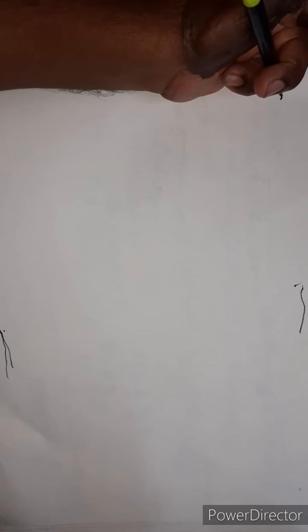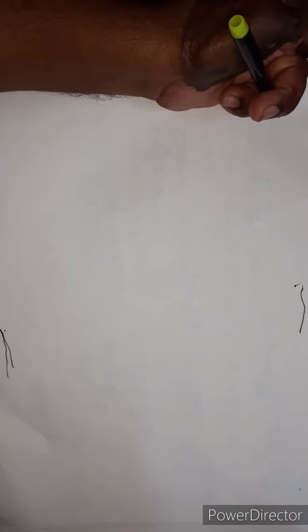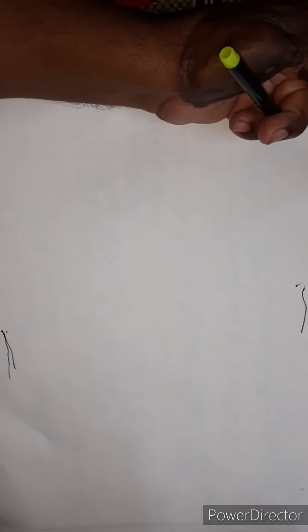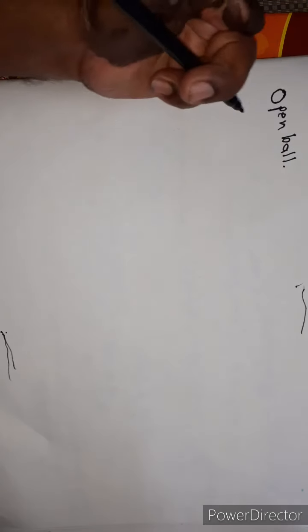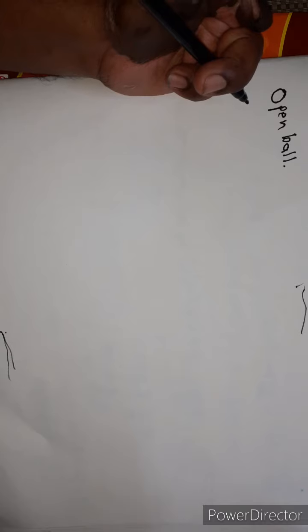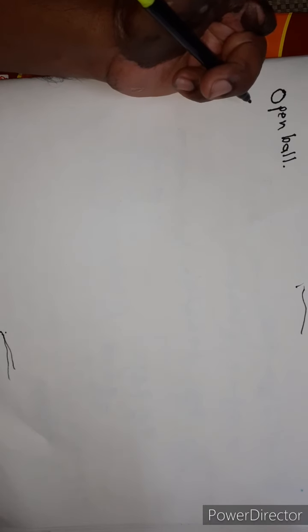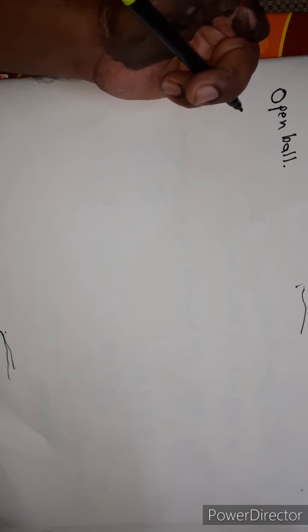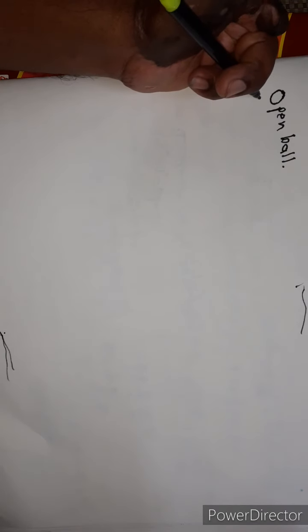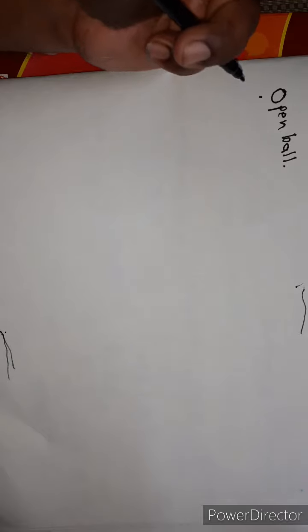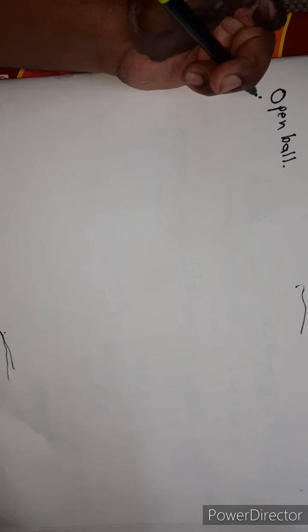ओपन बॉल. आपण ओपन बॉल ह्या कन्सेप्टला सुरुवात केलेली आहे. तर ओपन बॉल म्हणजे काय? तर हियर suppose (X, d) is any metric space. X is a non-empty set and d is a metric defined on X. (X, d) is a metric space. Then open ball